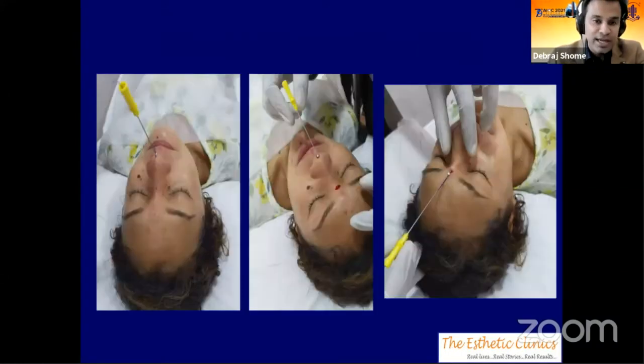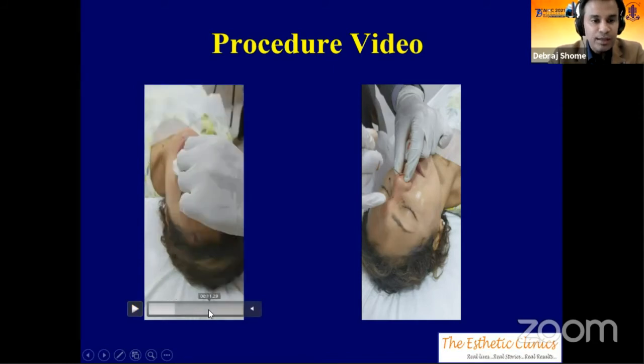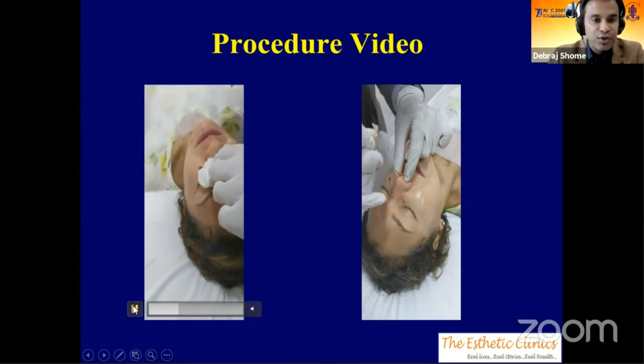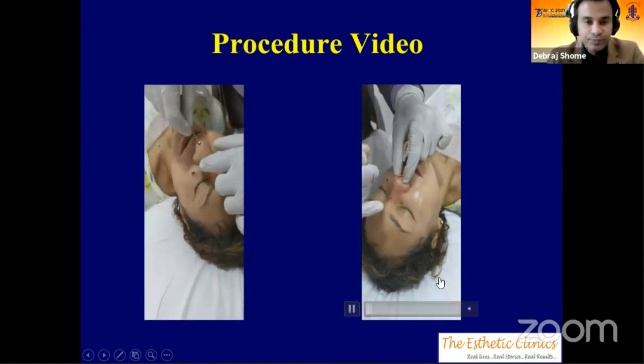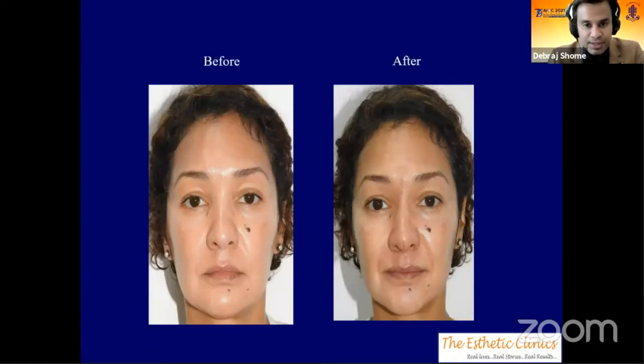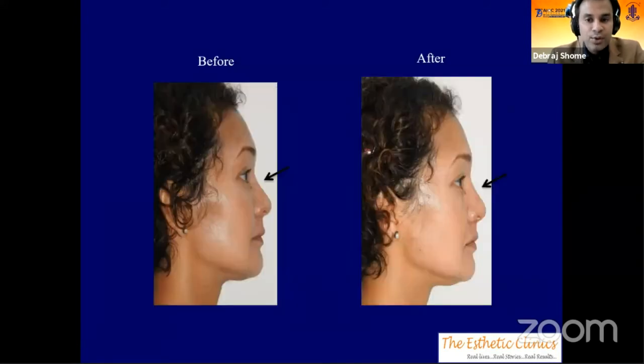And threads, these are some of the threads which are being inserted. And as you put the threads in, you can see how transformational some of these procedures can be. This is being done with prilocaine jelly being used. And then once you have used that, you can actually transform the nose with the fillers and the threads. That's one of our patients. And you can see how the nasal bridge now looks far better. And you can see how it has been filled up with the filler and with the threads pulling up.